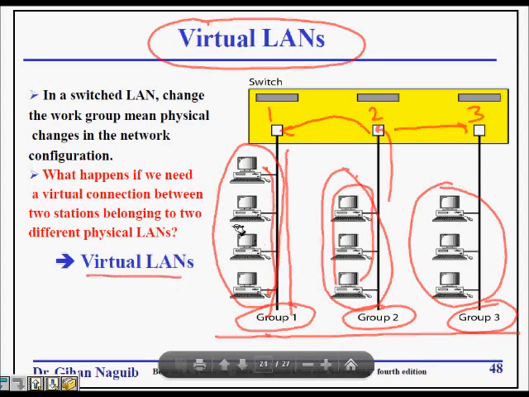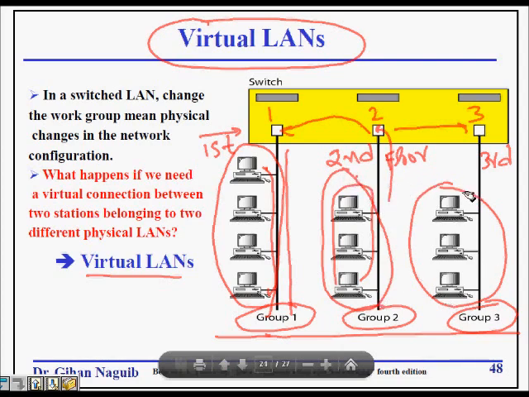Let's say this is the first floor of the building, this is the second floor, and this is the third floor. This separates physically, so on the first floor only engineers should be there, on the second floor only marketing people, and management on the third floor.